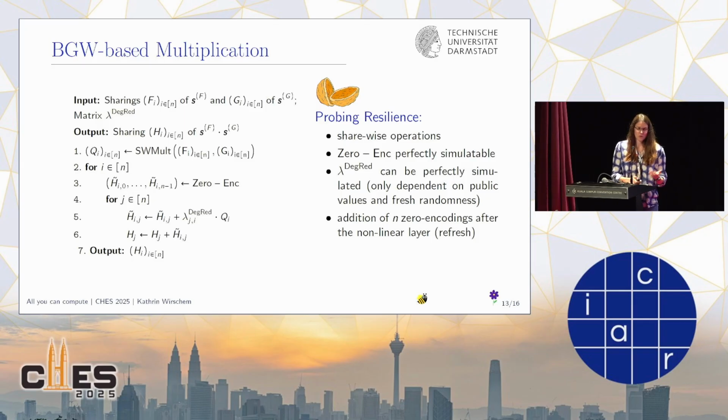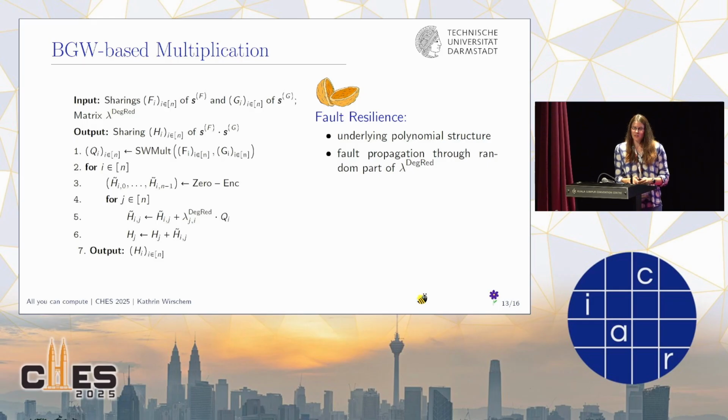Yes, this is due to the addition for the 0 encodings. Notably, in our proof, we upper bound this. So whenever there is a probe in the 0 encoding construction, we just reveal all shares for this 0 encoding. For the fault resilience, we also rely on the underlying polynomial structure, and we get this fault propagation through the